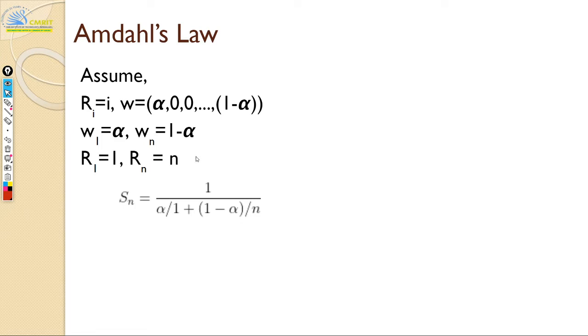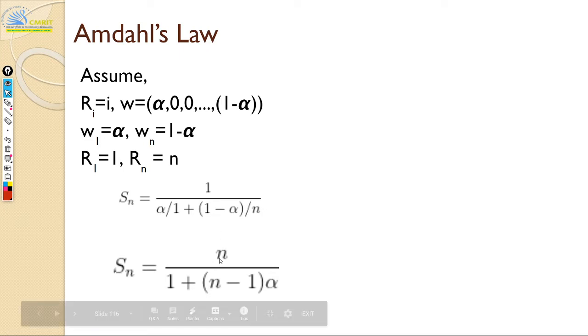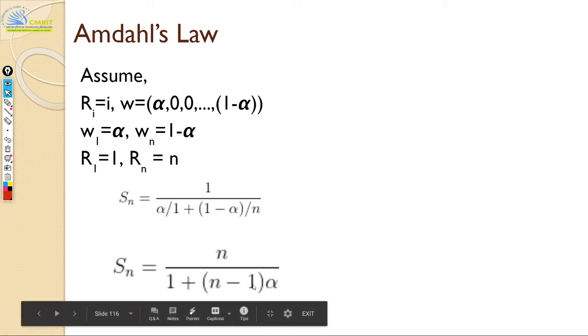If that is the case, when you apply your harmonic mean and find the speed up, you get this formula: 1 divided by alpha plus (1 minus alpha) by n. The rate of sequential execution is 1, and the rate of parallel execution is n. So this is the formula. If you rewrite it, it looks like this: n divided by 1 plus (n minus 1) alpha. So what it says is